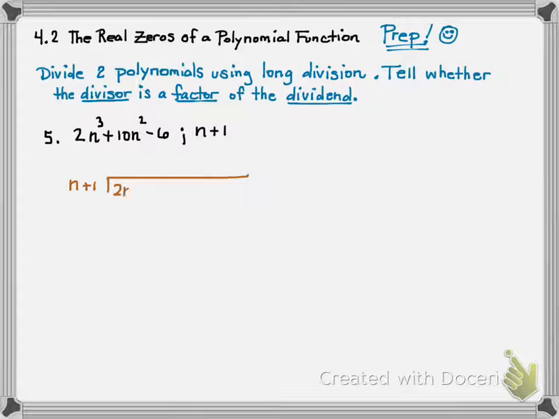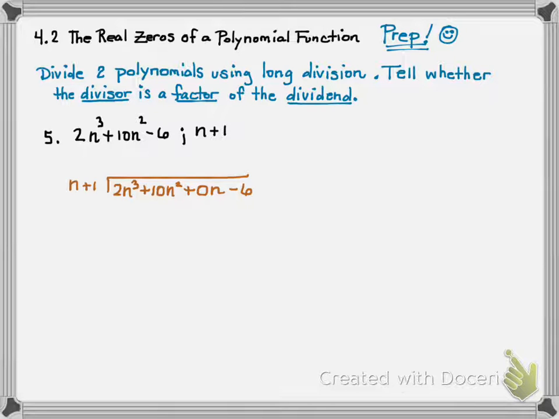All right, I've got my 2n cubed. I've got my 10n squared, but I notice there's no n to the first power. So it would be really wise to add a placeholder, 0 n's. So 2n cubed plus 10n squared plus 0 n's minus 6. And the reason why, it might help us throughout the problem when we do our subtractions. You'll see. Let you decide, all right? But it's a really good idea to have that placeholder when we're missing n terms,